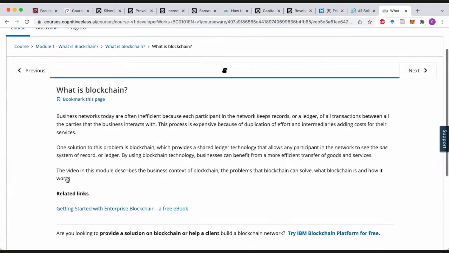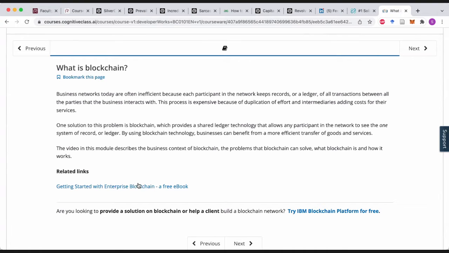And it goes through and it talks about what are some of these things. It also gives you Enterprise Blockchain, which is a free ebook. Again, this course has nothing to do with cryptocurrency, and it talks about why it's different. Really, it's about a different kind of enterprise infrastructure. Instead of the company having like SQL with backups and so on, it just gives them a different way to